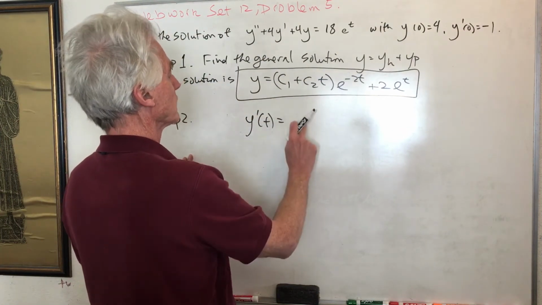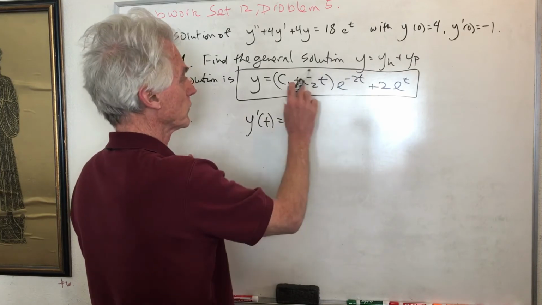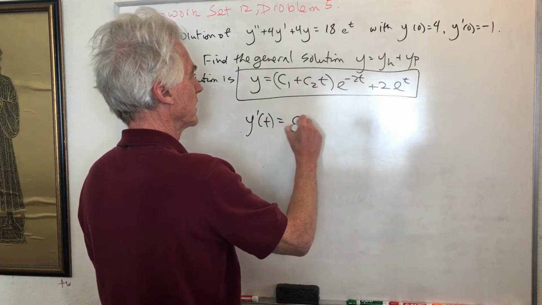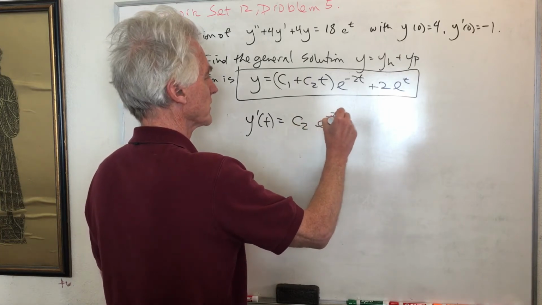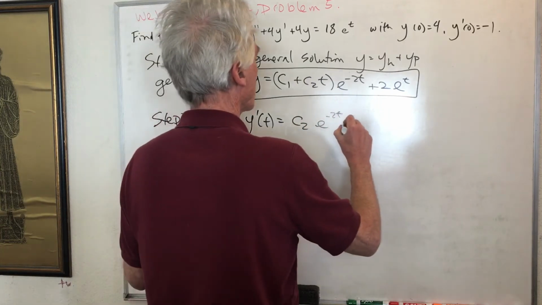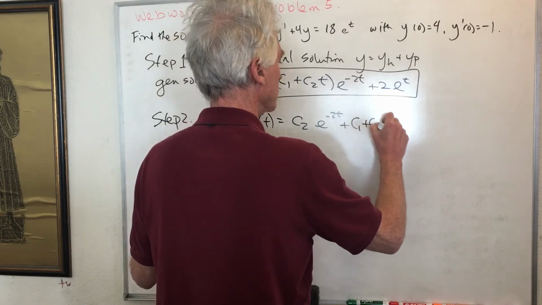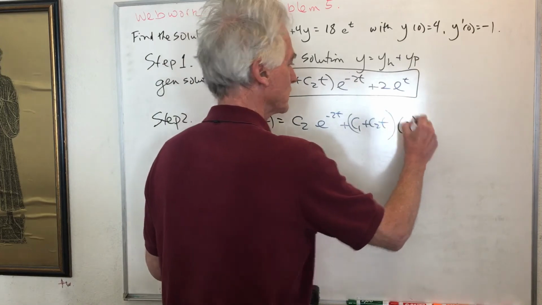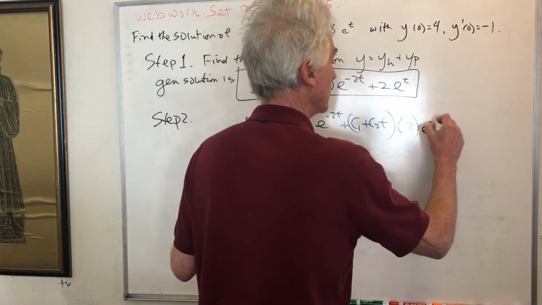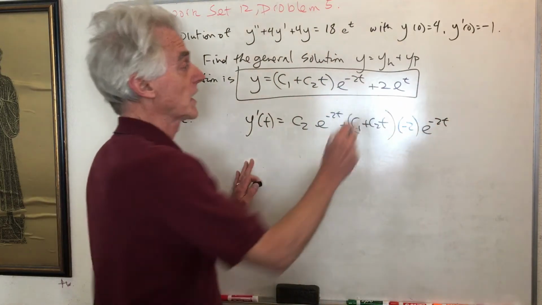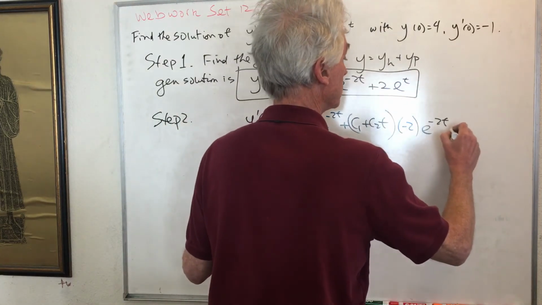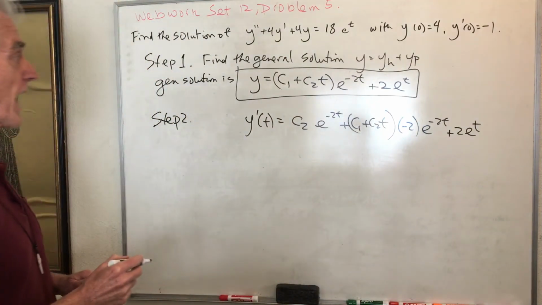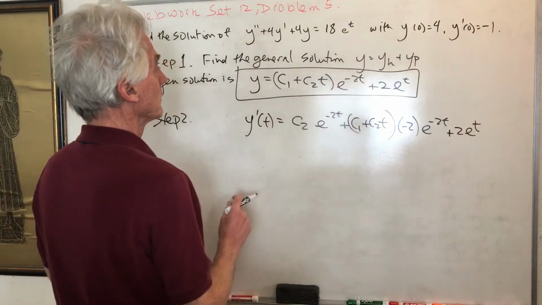All right, so when I differentiate this, I'm going to use the product rule. Derivative of the first times the second, that's the first times derivative of the second. Derivative of the first is c2 times e to the minus 2t, plus c1 plus c2t. Then I have the derivative of the second. I get a minus 2 from the chain rule, e to the minus 2t. And then I have to differentiate 2e to the t, so I get plus 2e to the t. Back. So now I'm ready to